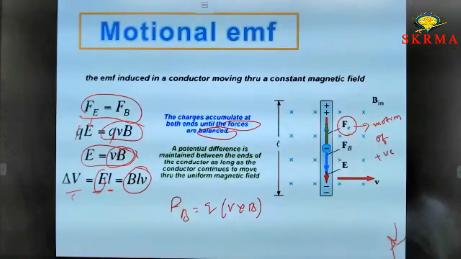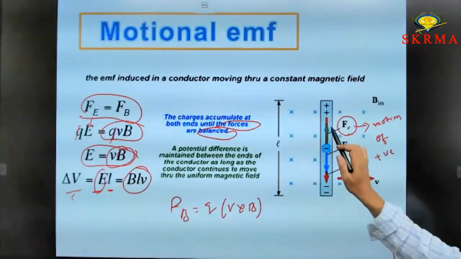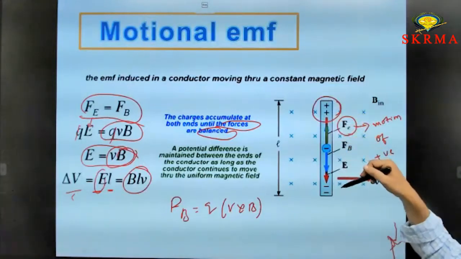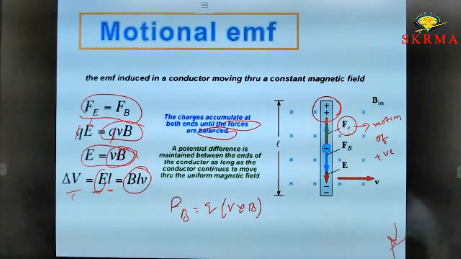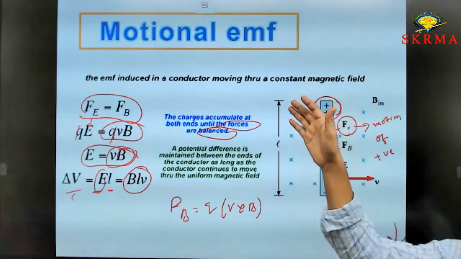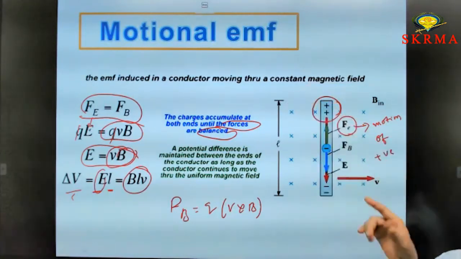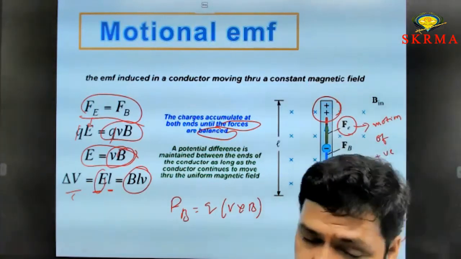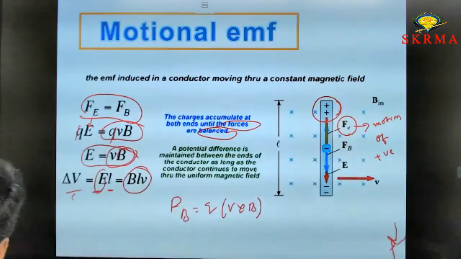So positive charges are accumulated at the top of the plate and negative charges at the bottom. If they ask about the direction, remember that a positive charge can move bottom to top, or negative charge moves from top to bottom. These things are important in motional EMF. And also, there is an extension concept of motional EMF, that is